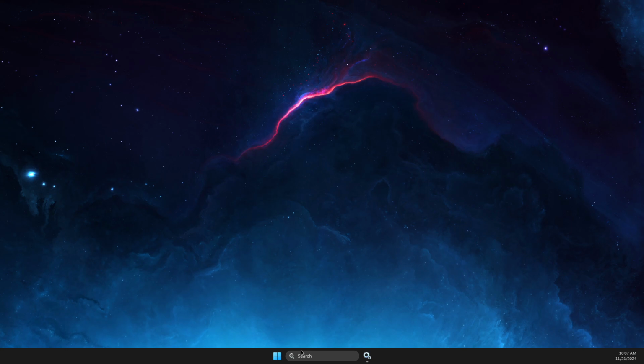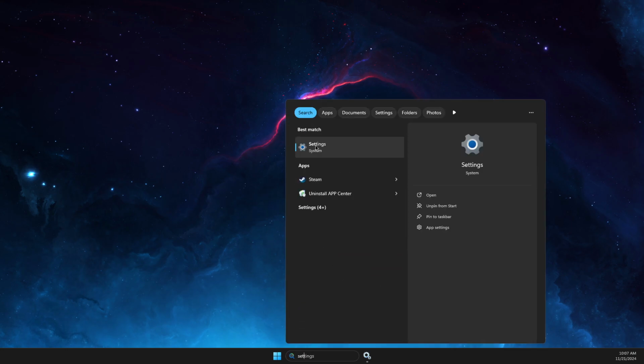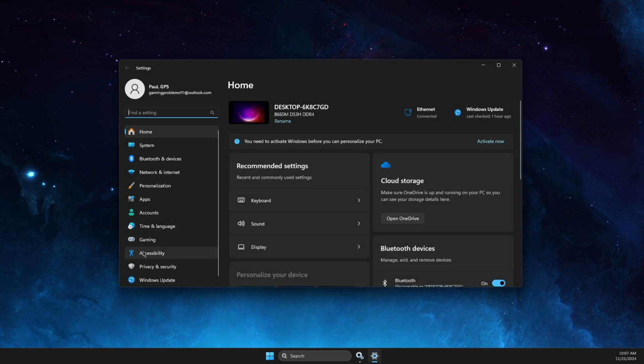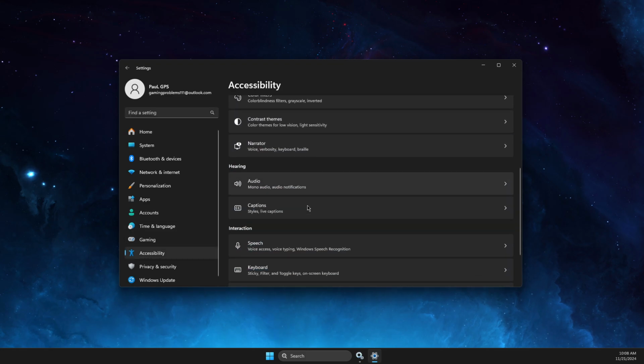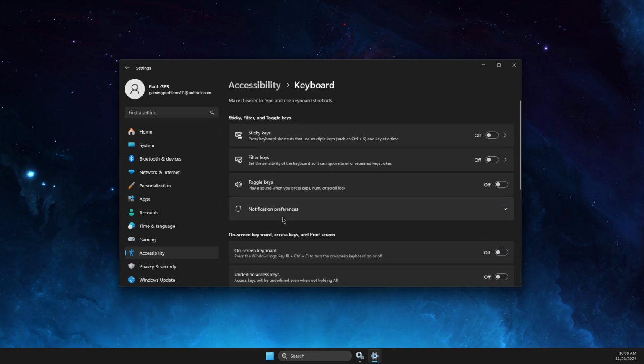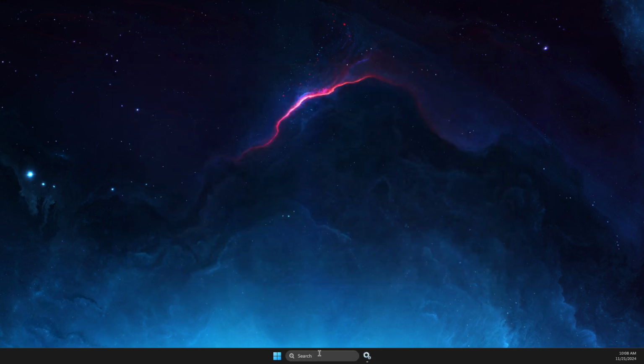First of all, you need to open up search, then go to settings. On settings you need to go to accessibility, then scroll down a bit until you see keyboard, then make sure this option is turned off. And if this option is turned off or you turn it off and the problem persists, another step that you can do here,